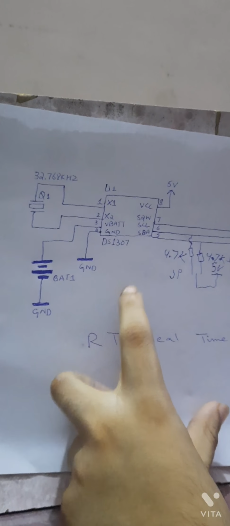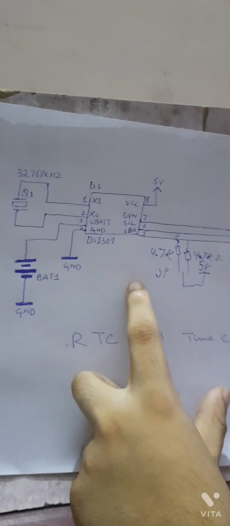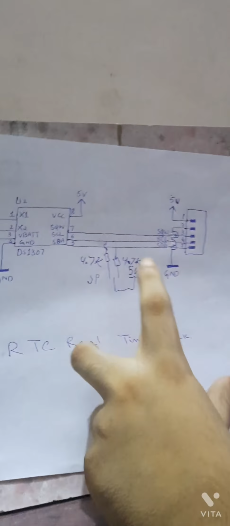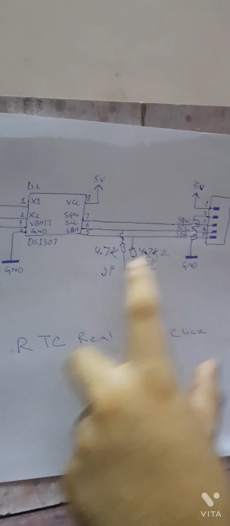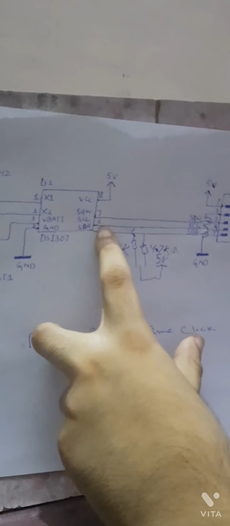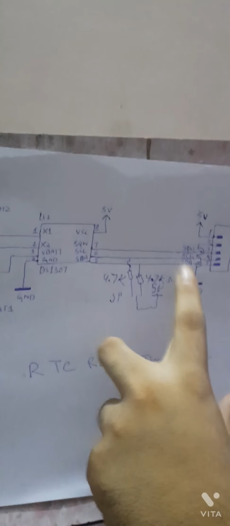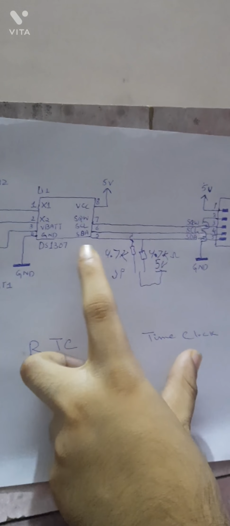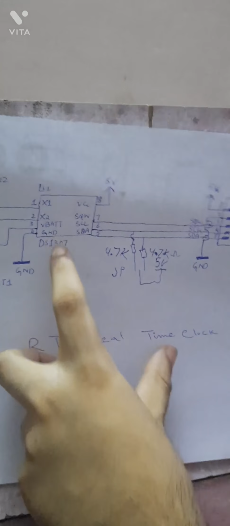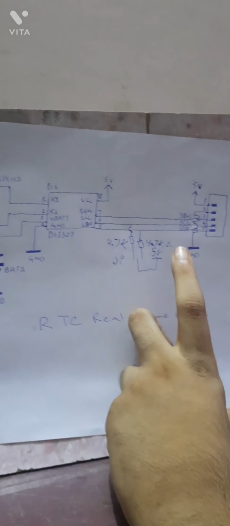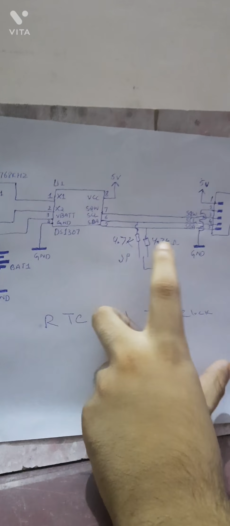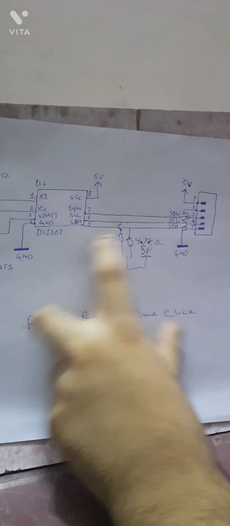Pin number 4 is ground, and pin number 8 is 5 volt for powering the IC, and pin number 7 is connected to SQW, which is not used in this time clock circuit, but it is connected. Pin number 6 is the serial clock line, which is used to maintain the communication between the Arduino and this module, because these modules need to communicate properly every time with the Arduino. If some communication fails, it can maintain the timing by this pin number 6, and pin number